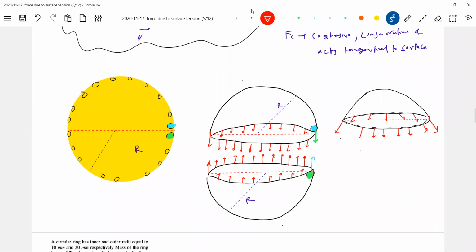You better take a lemon and some stick or pen refill, and try to place it here. The arrow will not point vertically here. It will be tangential, because the force due to surface tension will act tangentially. What about the remaining part? The remaining part will be like this. It should be, I think, a bigger one. We are going to get problems of this kind.